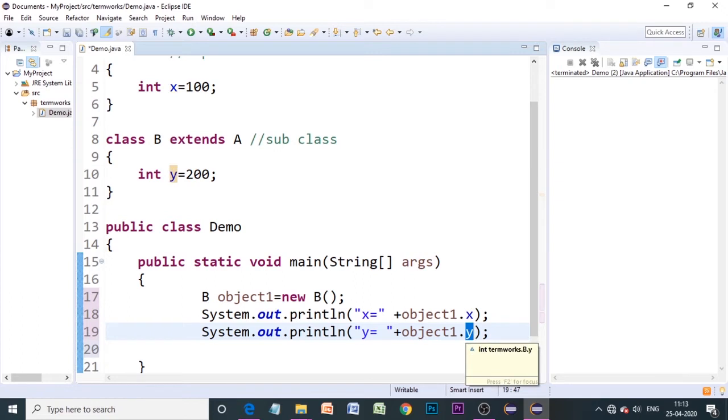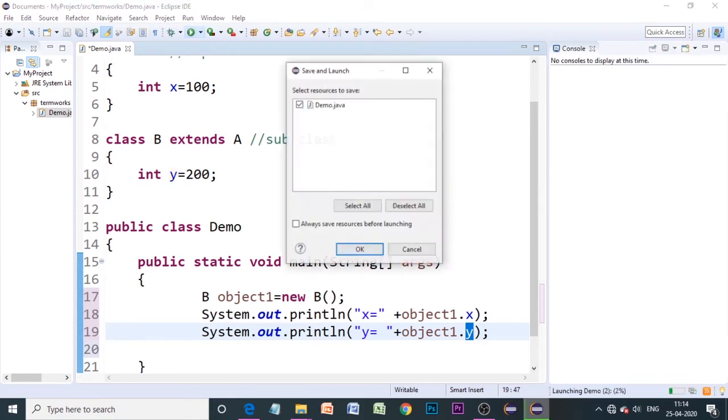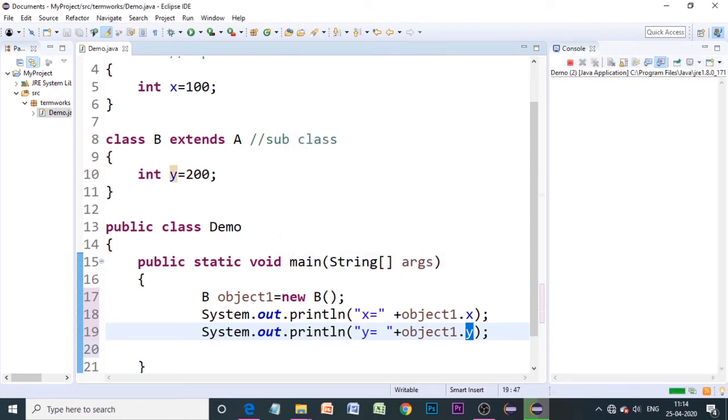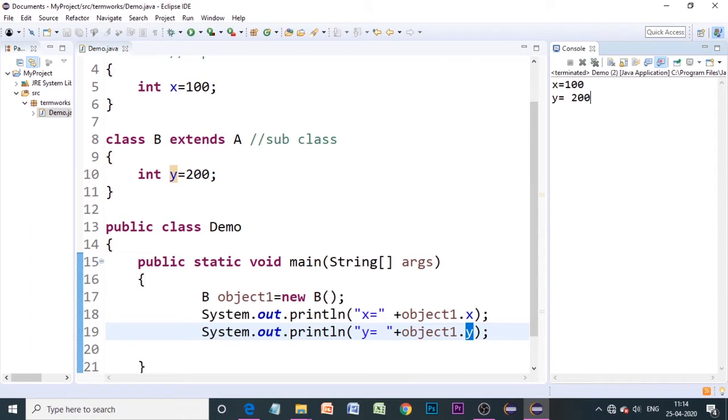This is possible because class B is the subclass of class A. So a subclass has access to all the methods and the data members of its parent class. So let's run this code. We should get x equals 100 and y equals 200. Yes, we have got this.